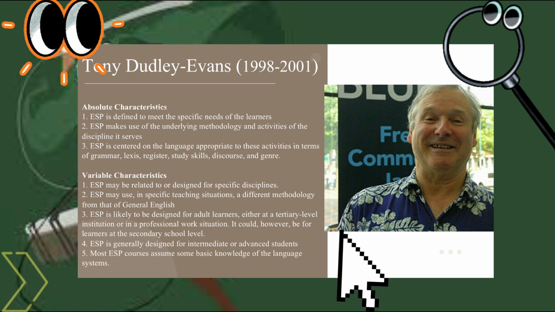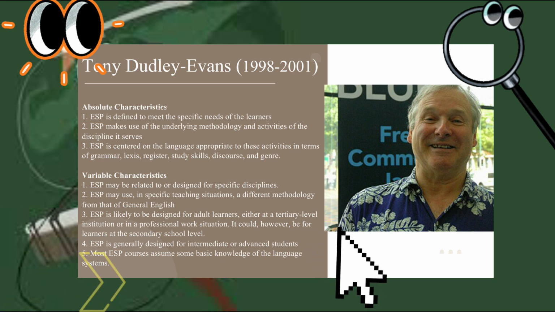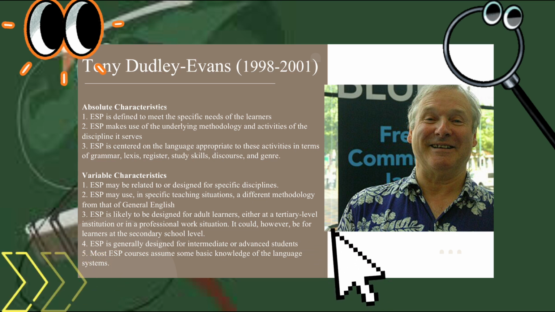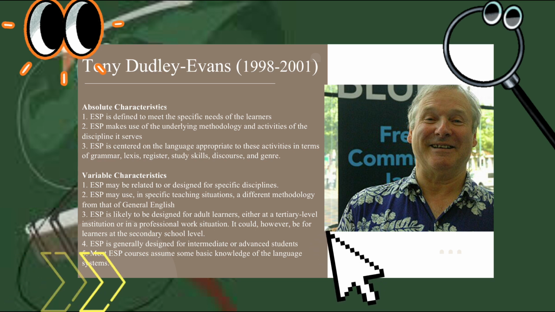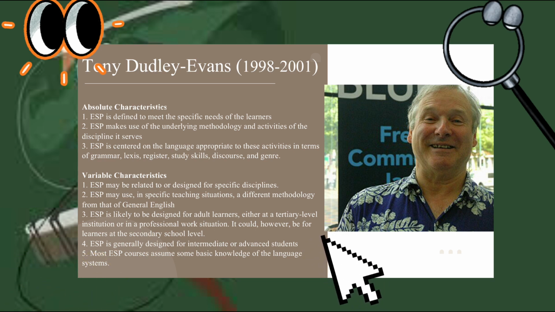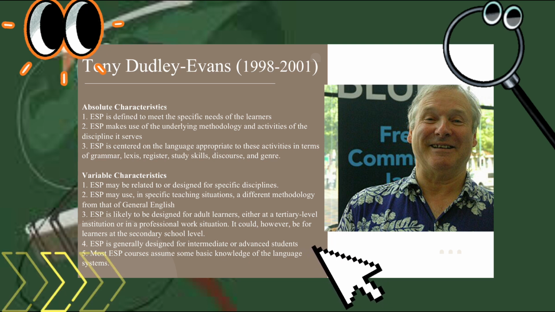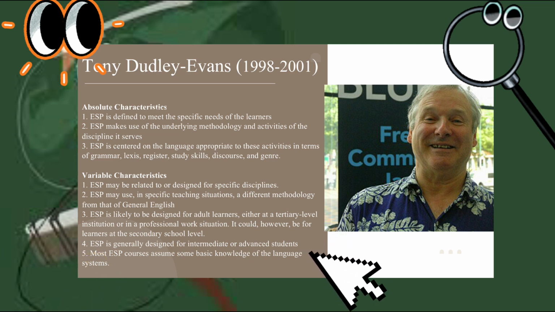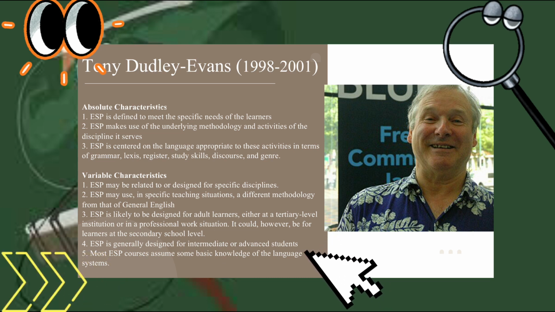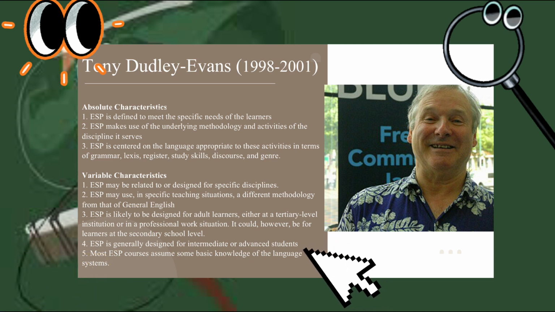3 absolute and 5 variable criteria make up Dudley's definition. So there are 3 absolute characteristics of ESP by Tony Dudley Evans. And here is the first one. ESP is defined to meet the specific needs of the learners. Second, ESP makes use of the underlying methodology and activities of the discipline it serves. Third, ESP is centered on the language appropriate to these activities in terms of grammar, lexis, register, study skills, discourse,